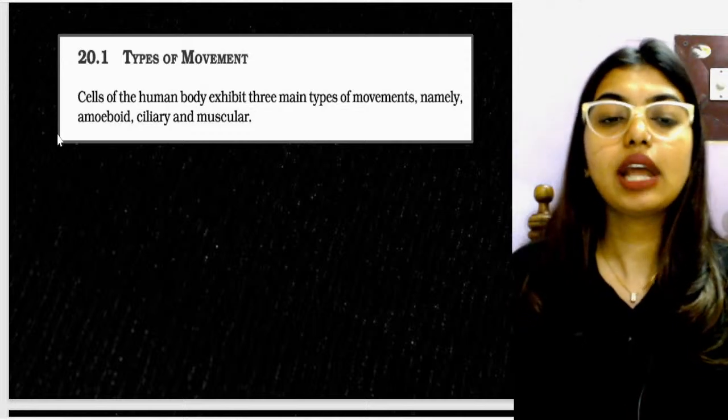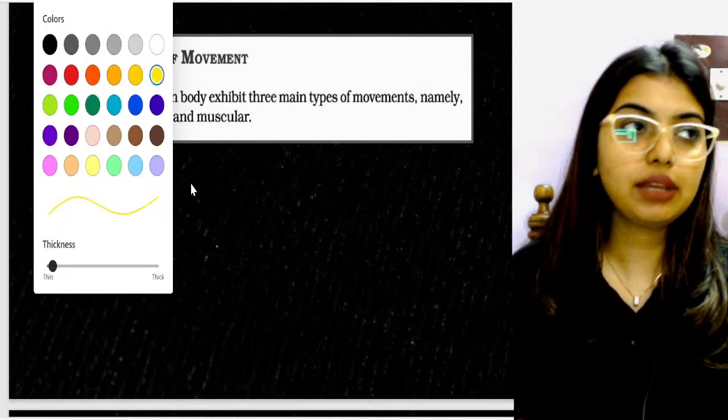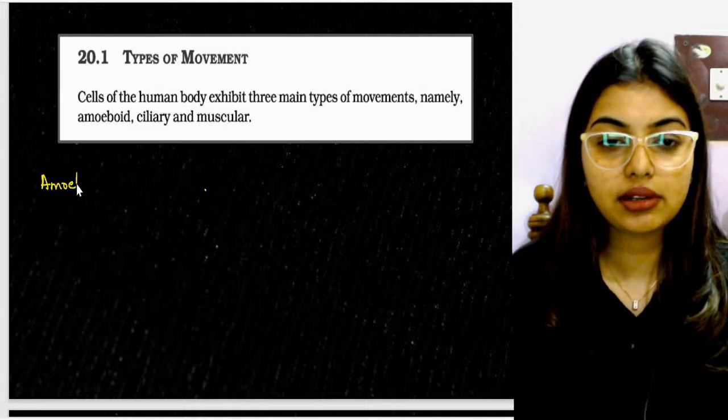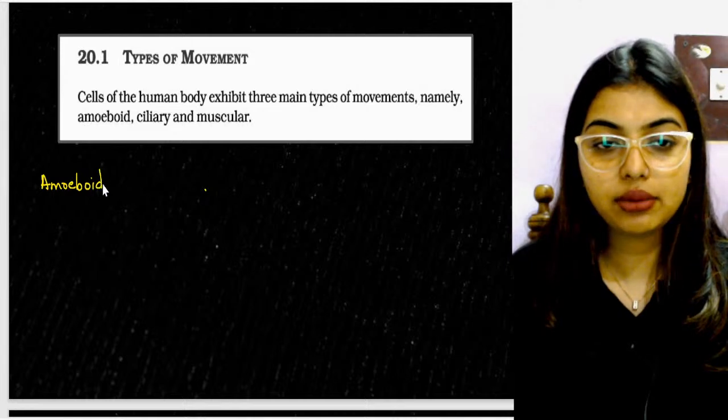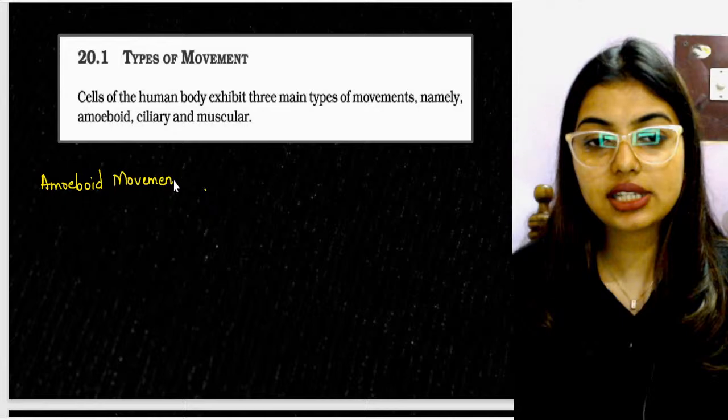Okay, now types of movement, students. Namely, there are three types of movement. The first one is called amoeboid movement. Now before I go into each of the movements, you should understand these are the movements that